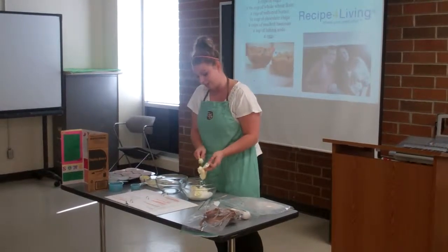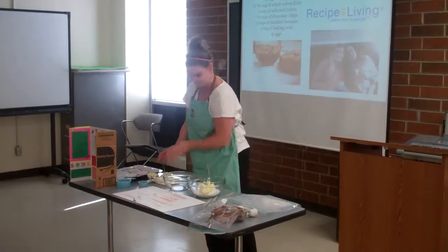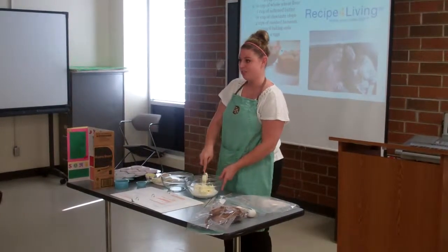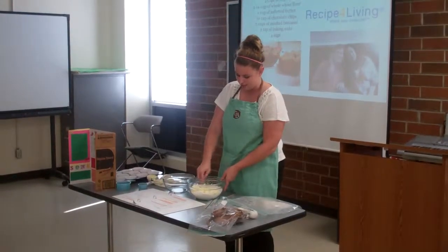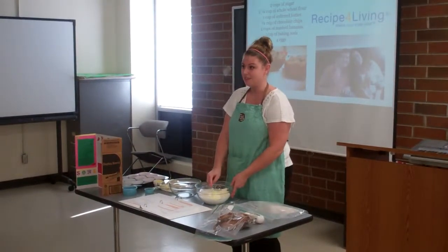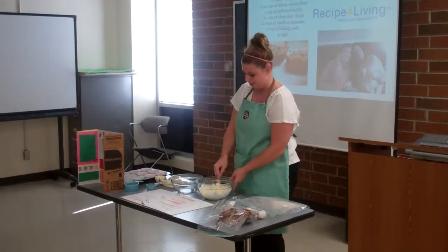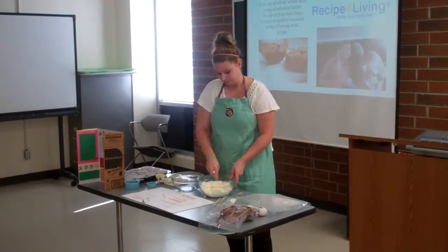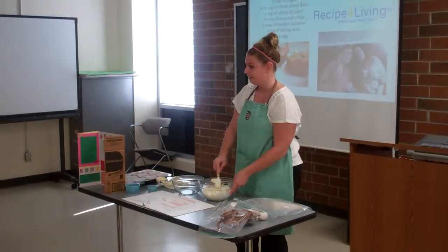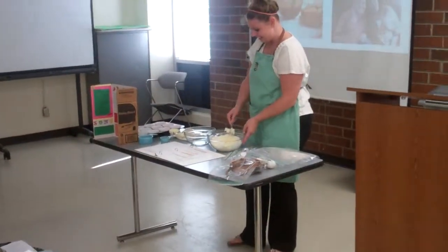Now this is soft because it's been in my bag. Now you take the fork and you just mush it down into the sugar until it's all mixed. I like it sometimes when it's melted because then you don't really have to mix it that much. So now that that's done,